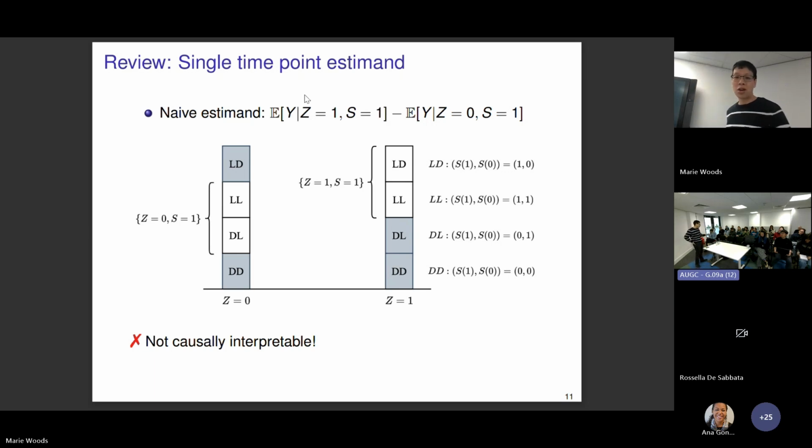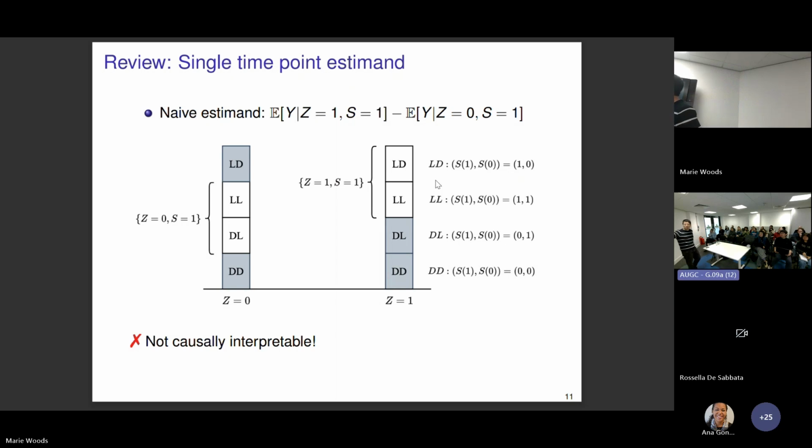We divide the whole population into 4 different subgroups, sometimes called principal strata. We have the LL group, people who would survive no matter what treatment they get. These are people who are really healthy: no matter which treatment they get, they will always survive at least to 1 year after baseline. LD will be patients who are saved by this treatment. They would only survive under the active treatment, but would die under the control. These are people whose lives were actually saved by the chemo.